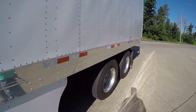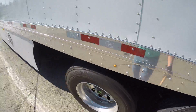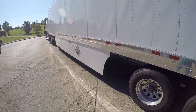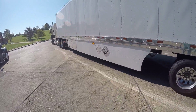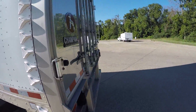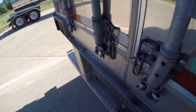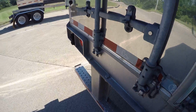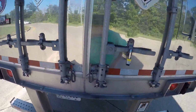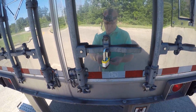This is not a pre-trip. This is only a tire and load security check, and also make sure our placards are good. DOT regs mandate that we do this. Supposed to check it after the first 50 miles, which we did. We picked this load up yesterday, and